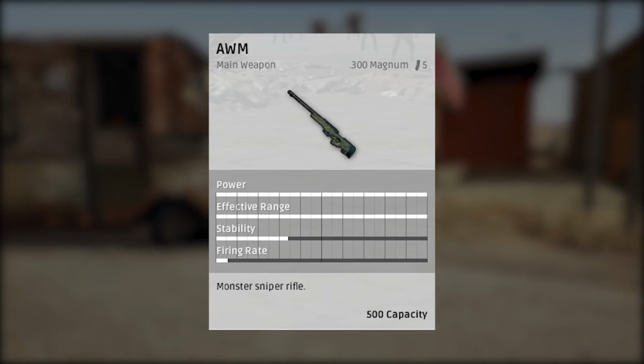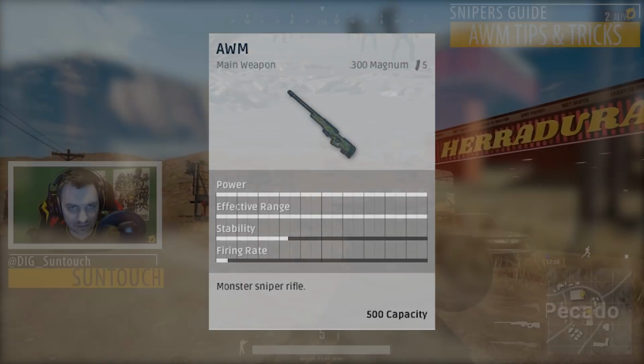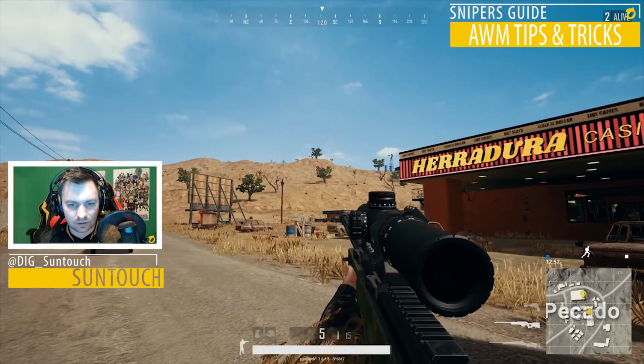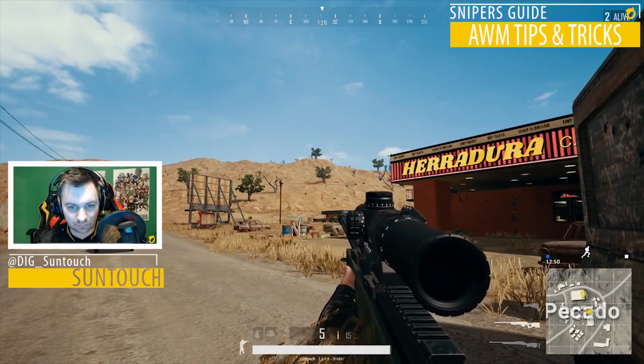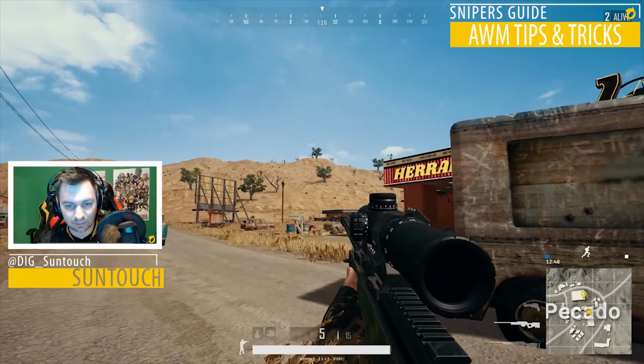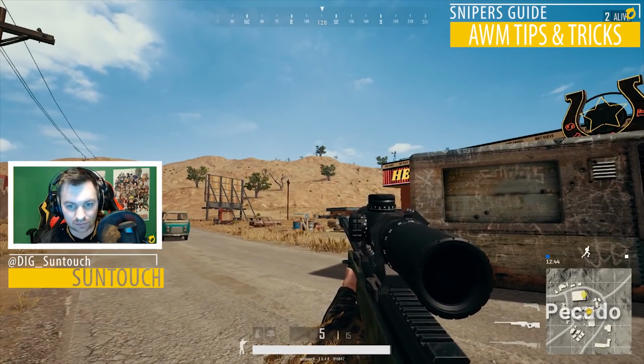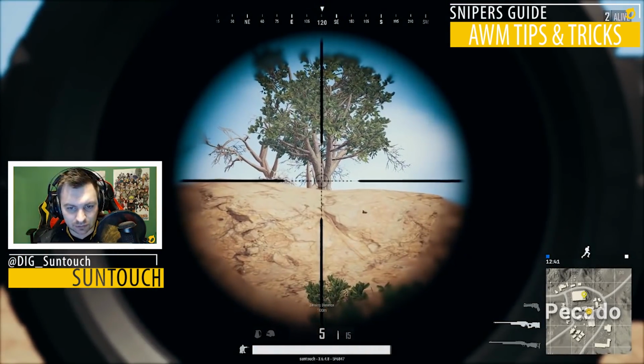The Orm is basically the best sniper in the game. It's something you should always be picking up. It's super powerful. The reason is it has the fastest bullet velocity in the game, which means you typically don't even have to lead your shots unless you're shooting over like 300, 400, 500 meters. This thing's going to pretty much just hit on the money